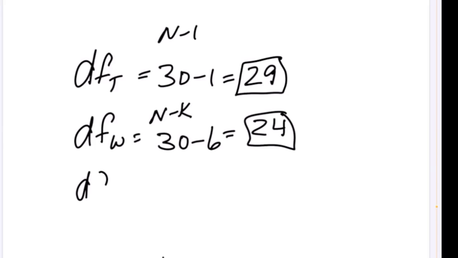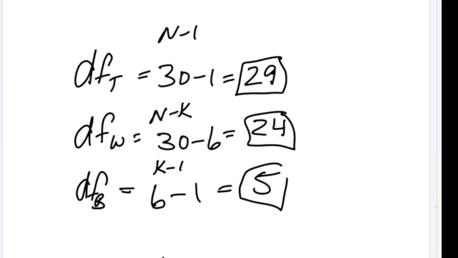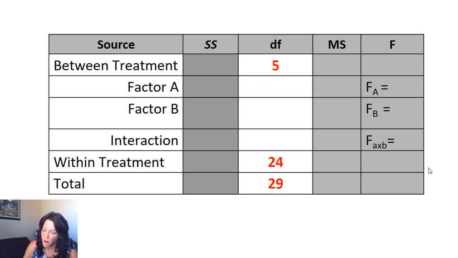And finally, degrees of freedom between is k minus 1. We had 6 groups. Minus 1 gives us degrees of freedom between of 5. So those are our degrees of freedom. And here they are. You'll see very clearly that 5 plus 24 is 29. For stage 2, we're going to take this 5 degrees of freedom and split it up between factor A, factor B, and the interaction. Let's start with our degrees of freedom for A,